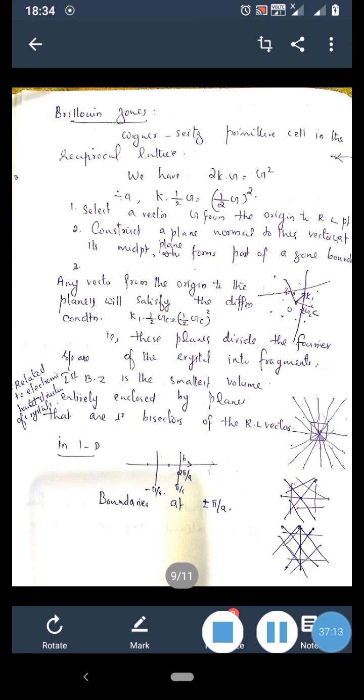The Brillouin zone plays an essential part in the analysis of the electronic energy band structure of crystals. It does not have so much importance in X-ray diffraction, but it has special importance in the electronic energy band structure of crystals, and it is related to X-ray diffraction like this: a wave vector drawn from the origin that terminates on any of these planes will surely satisfy the condition for diffraction.